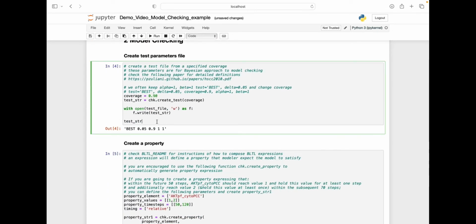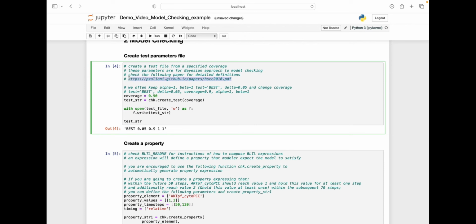Given that we are using a statistical model checking tool based on Bayes' approach, we have to set several testing parameters, including testing mode, delta, coverage, alpha, and beta. Please refer to the following paper for detailed definitions.